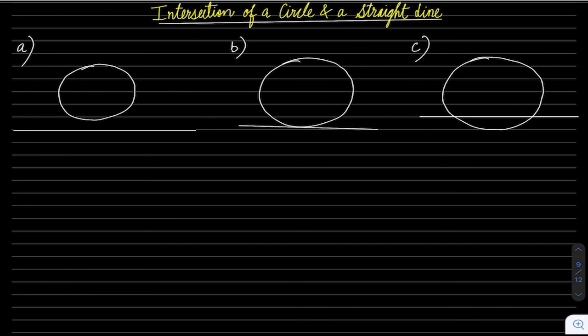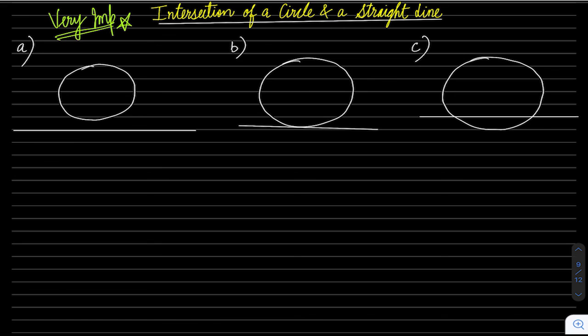In the previous videos, we saw different cases of circles and how to find their center and radius in each case. So today we are going to do a very important topic, that is the intersection of a circle and a straight line. You have studied straight lines, and you have studied circles. Now we are going to see their intersection.